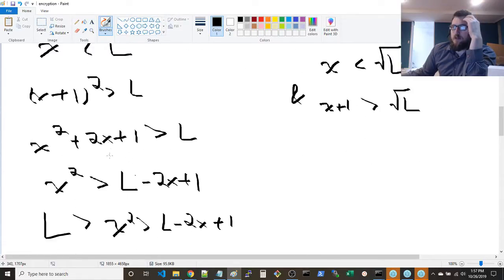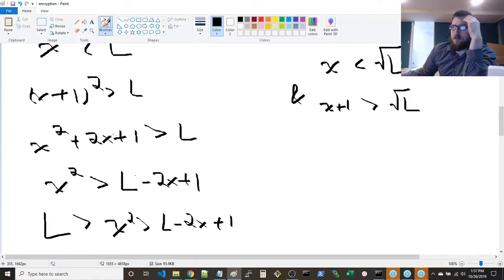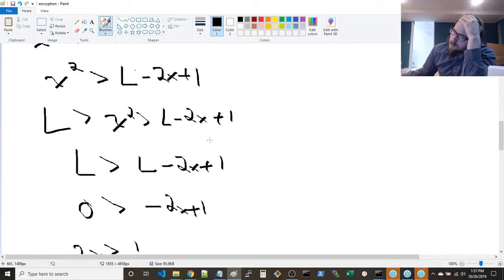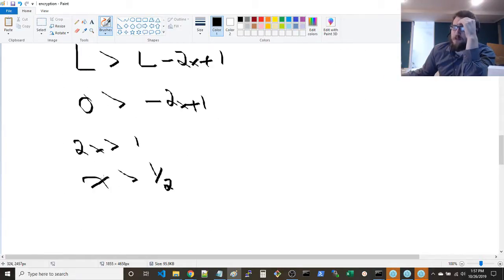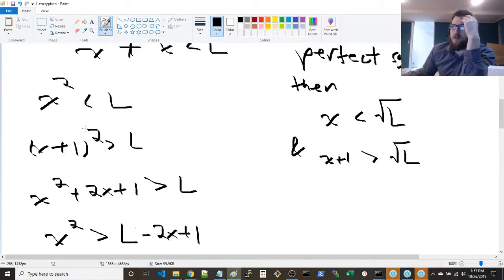So this is true as long as x is greater than a half, which it always is if it's non-zero, or if it's a whole positive integer. So that's fine, but